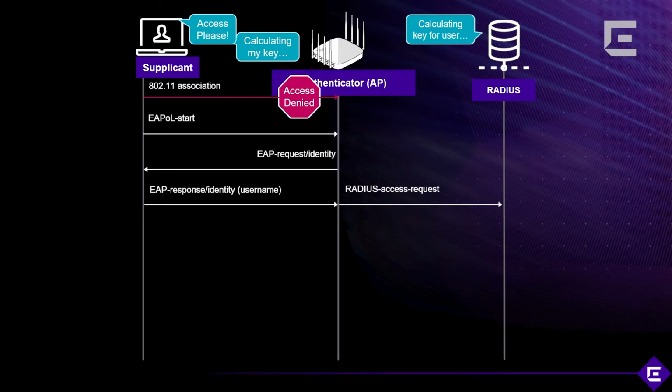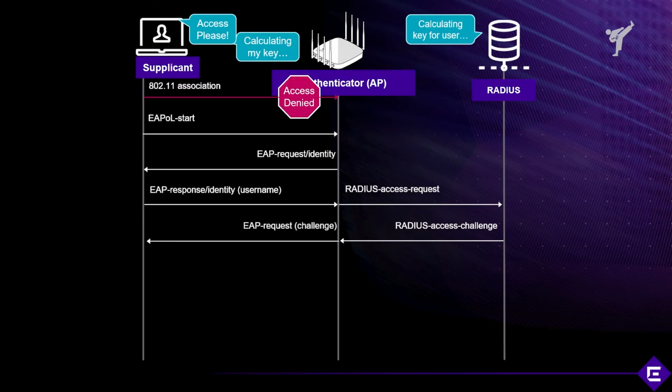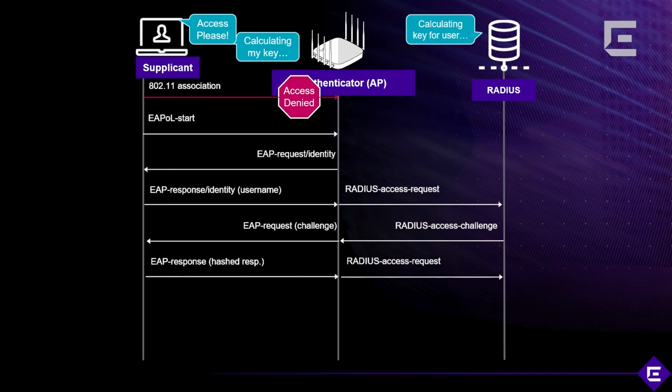And the RADIUS server will then, depending on the username, or whether it knows the user identity, send an access challenge, which is, okay, so I think I know who you are. Now, please prove that you actually know a password or a credential. Please prove to me that you are who you claim you are. The AP simply relays that message back to the supplicant over wireless. And then a hashed response is sent back from the supplicant to the AP and then relayed to the RADIUS server. And if the credentials are correct, if they match with whatever is in the user database,